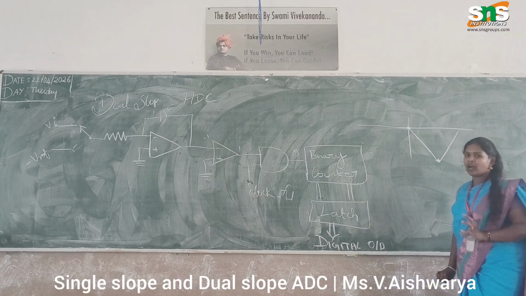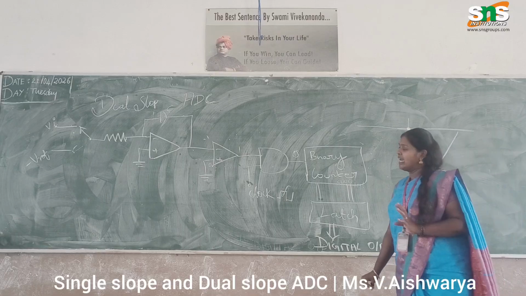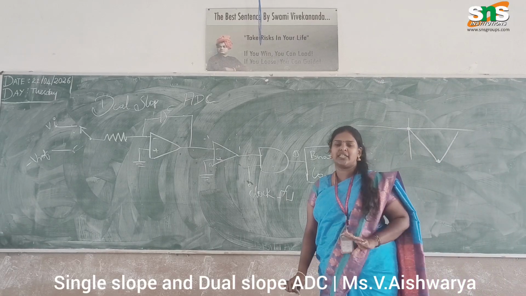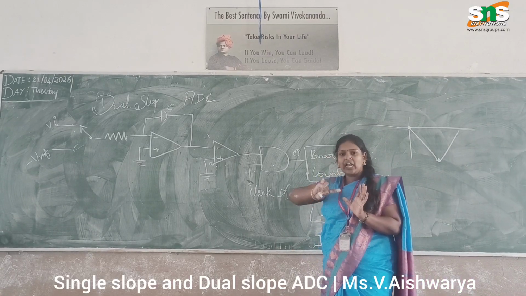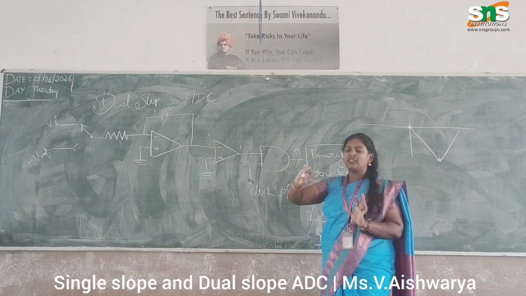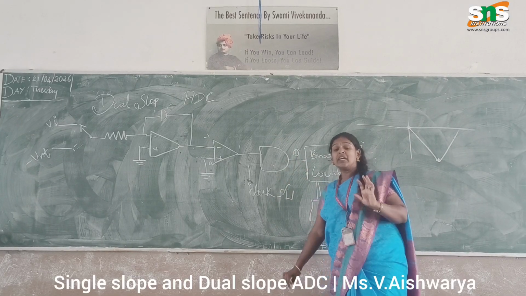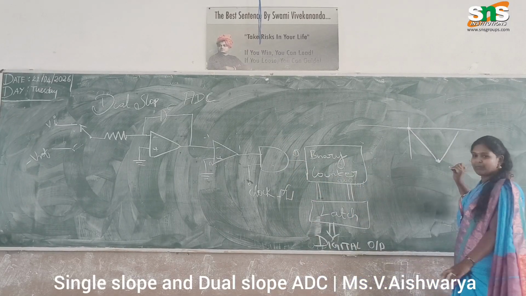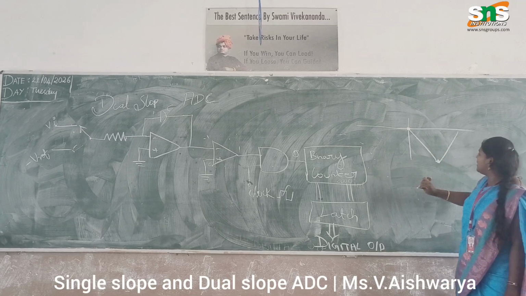Why it is called single slope or dual slope: in the single slope ADC, the ramp generator generates a single ramp signal only, so it is called the single slope ADC. In this graphical method, the dual slope ADC will generate two